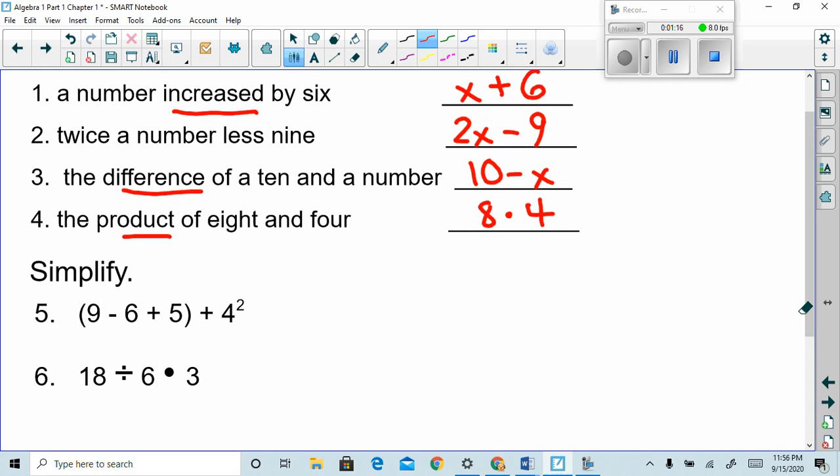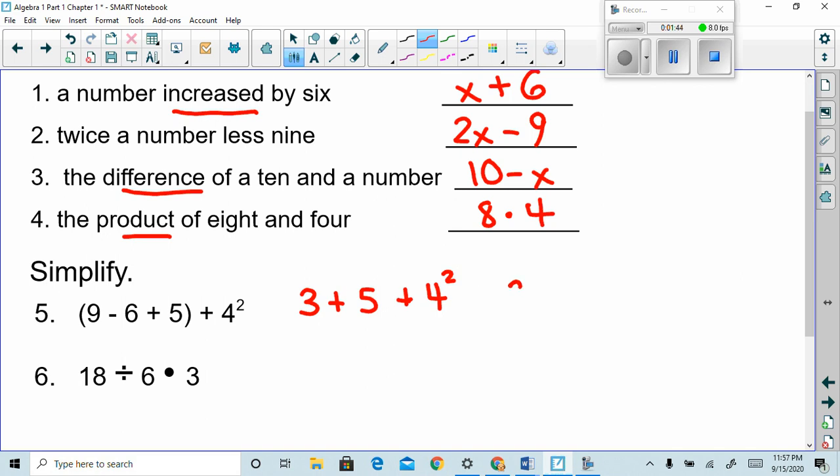Another skill we needed to review for Friday's quiz would be order of operations. We'll take this one step at a time, PEMDAS and the left to right rule. I'm noticing in this parenthesis there are 2 operations, so I'll start with my left to right. 9 minus 6 is 3. 3 plus 5. And then I have 4